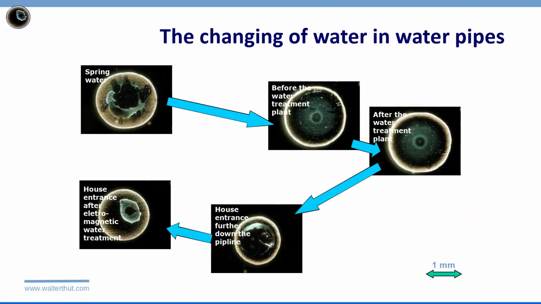Then there they did several treatments. One of them was lowering the pH, where we know this will allow to dilute more minerals. So the process was improving, carrying the minerals towards the center. It looked a little bit more like the spring water, not quite yet. And then when you had this same water with a chemical treatment, a couple of kilometers down the pipe system, it would then lose all this effect again. So we see that this chemical treatment would lose its effect during transport in the pipe systems.